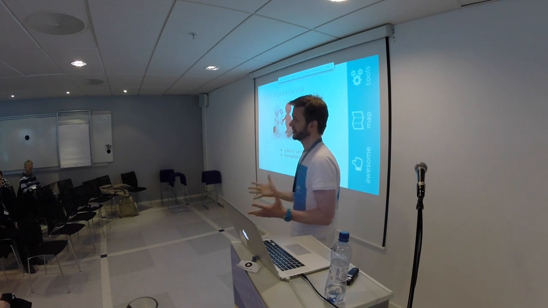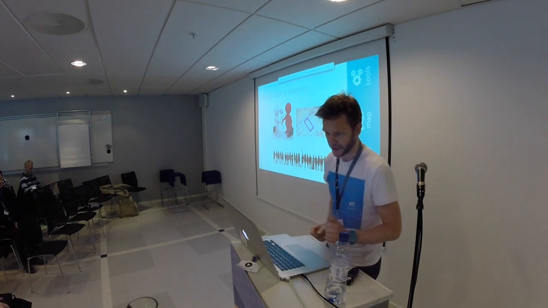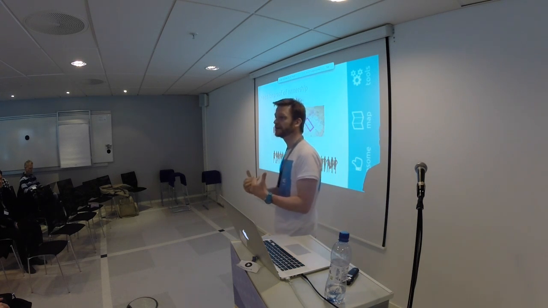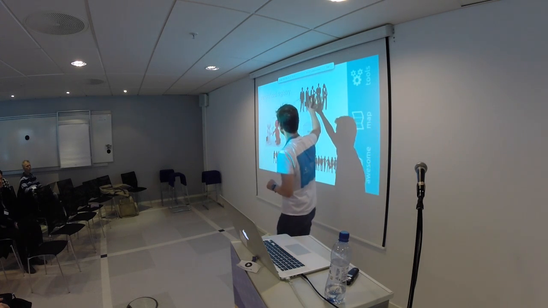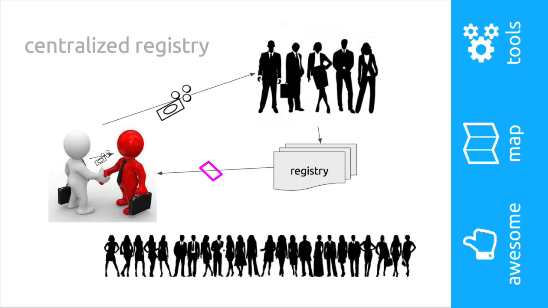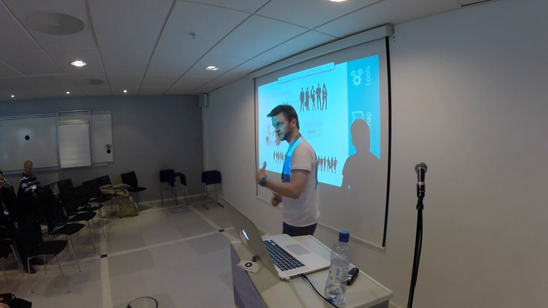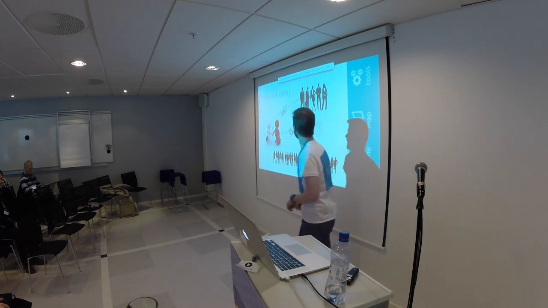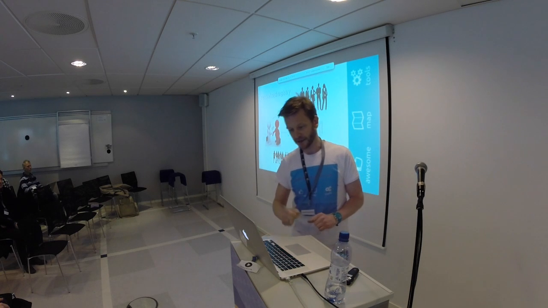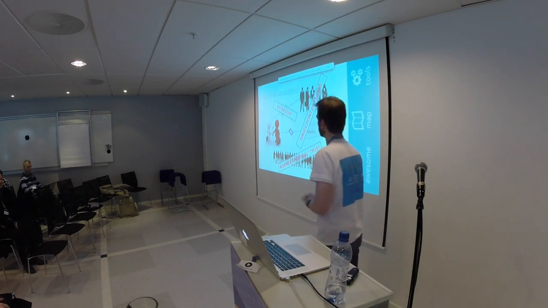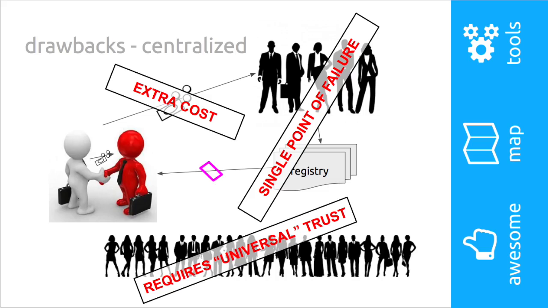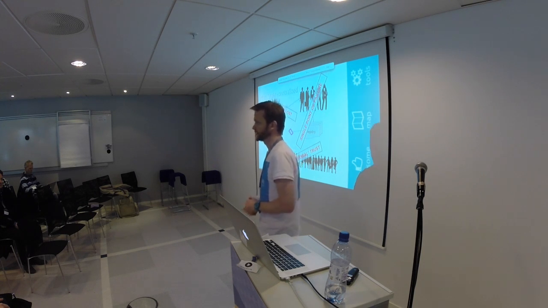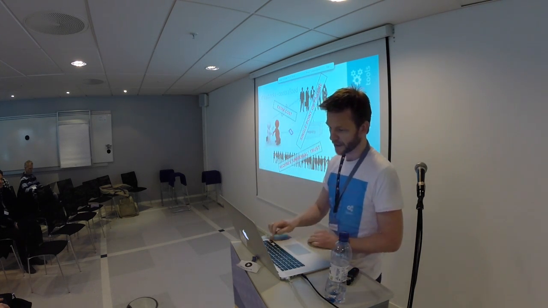Sure, it's just a transaction between two people, really. But I need a proof of ownership. That's why we end up with these centralized systems, where there's a few people who control a registry for a huge area, typically a nation state. Then when this transaction takes place, I also have to give them lots of money, and then they change the registry and transfer the ownership to me. That's an extra cost, it's a single point of failure, and it requires universal trust amongst everybody within that area, which is essentially impossible in practicality.